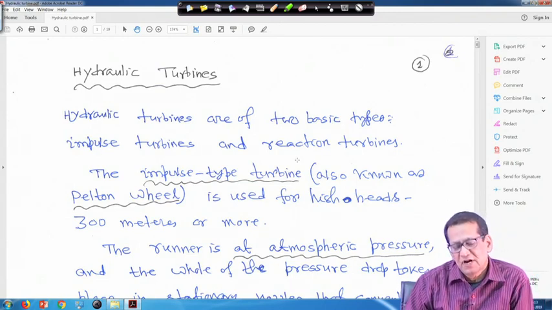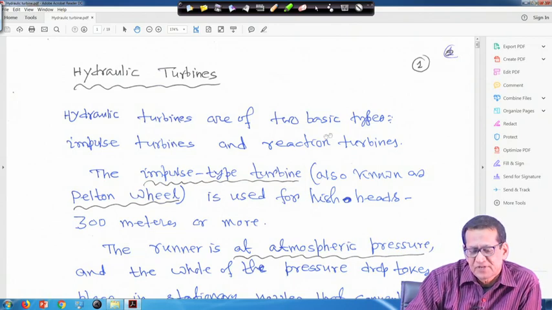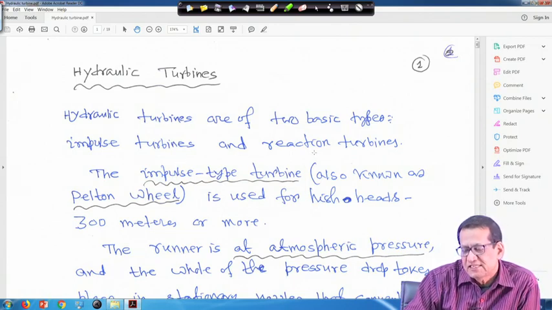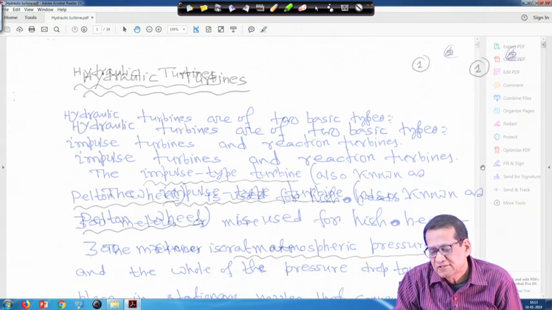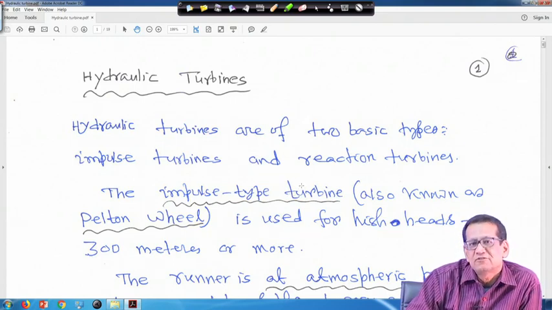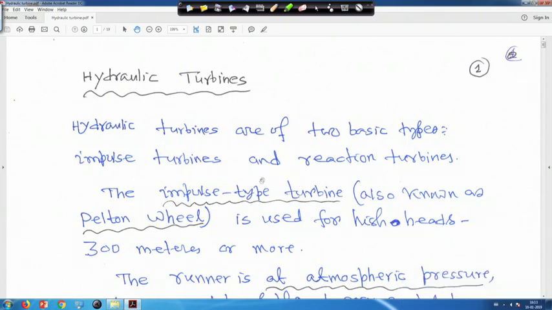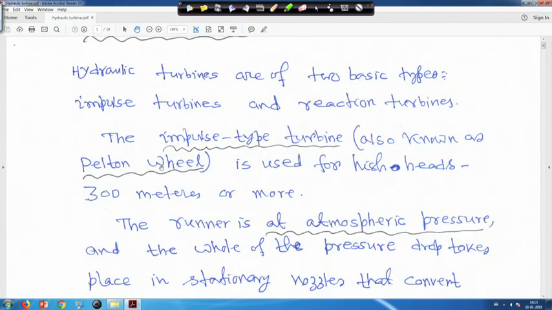Hydraulic turbines are of two basic types, impulse turbines and reaction turbines, but their details will not be explained here, just some brief description, because our objective is to find out the classical hydro turbine model. The impulse type turbine, also known as the Pelton wheel, is used for high heads, that is 300 meters